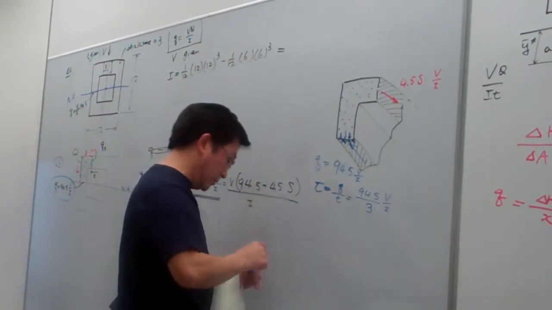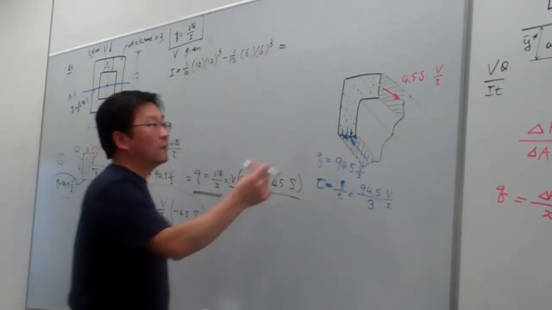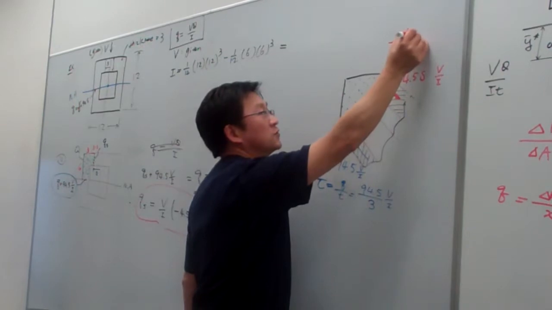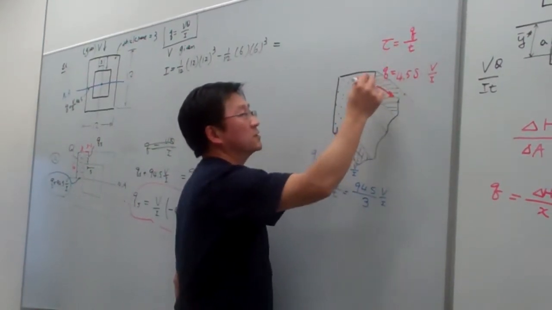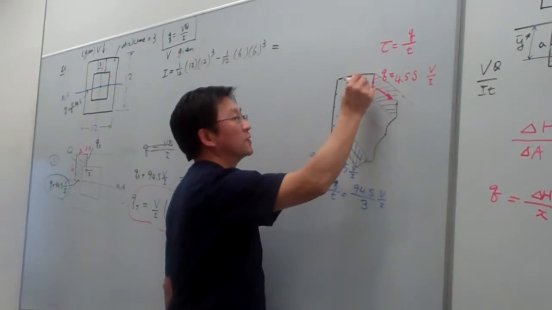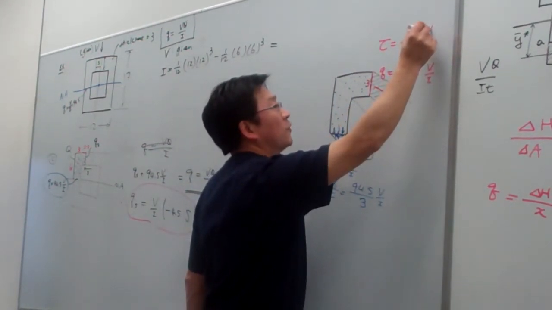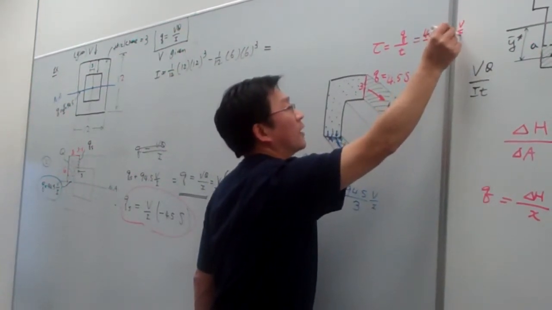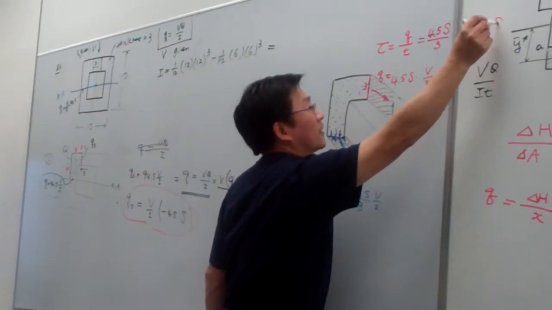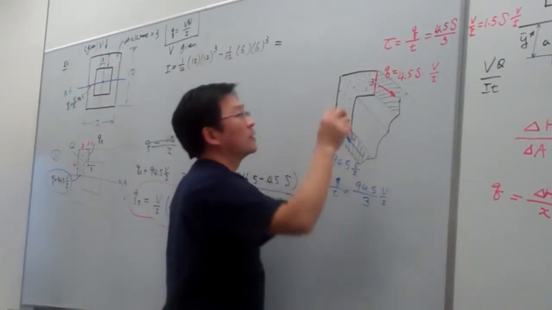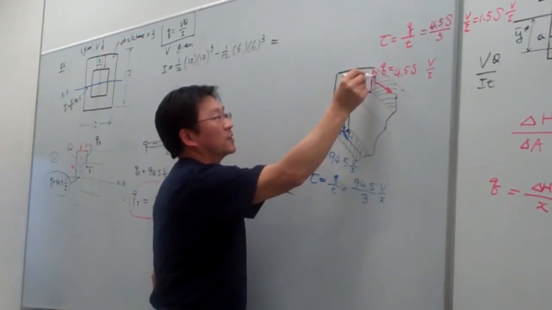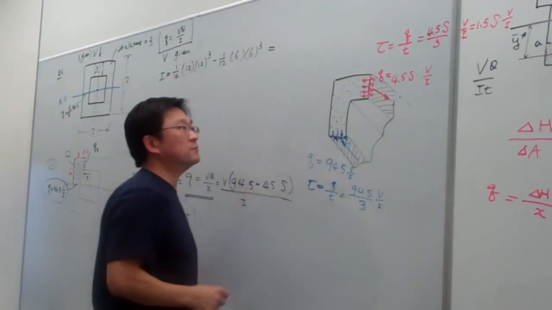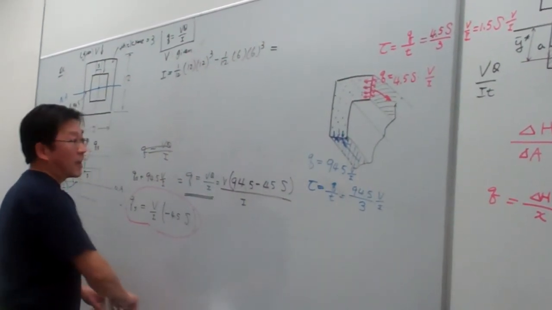In a similar way, if we have the Q on this side equal to this, the corresponding shear stress equals Q divided by, again, the thickness. For example, here the thickness again equals 3. So that is equal to 4.5 S divided by 3, times V over I, and that is 1.5 S V over I. Again, the shear stress corresponding is in this direction. So on this plane, the shear stress will be here. So on the entire cross section,